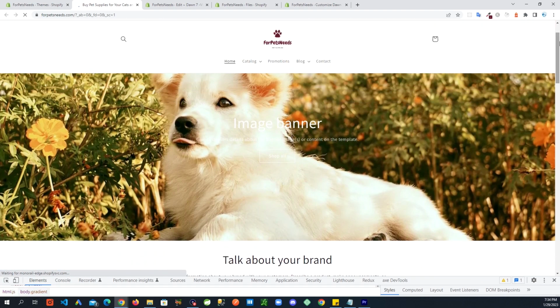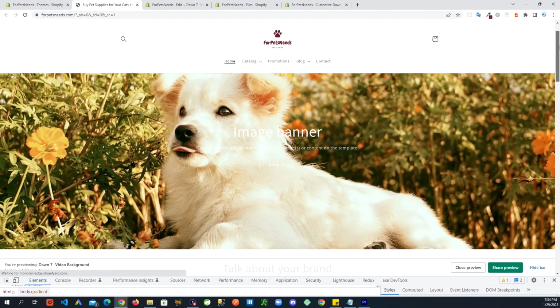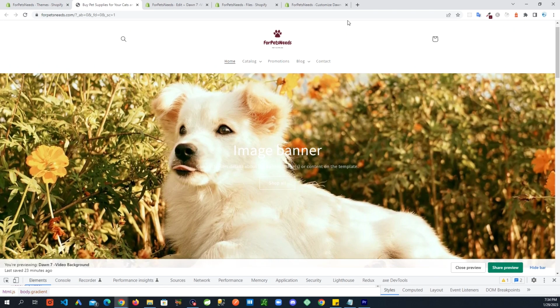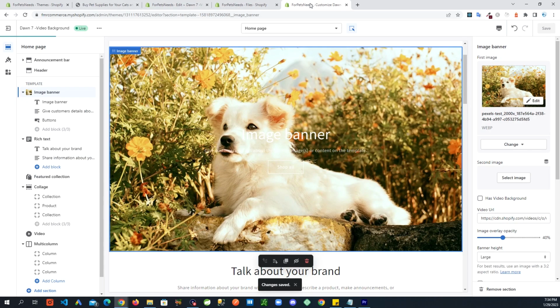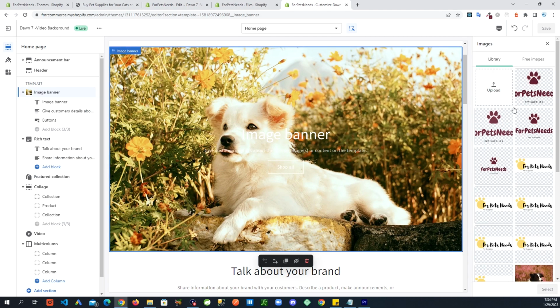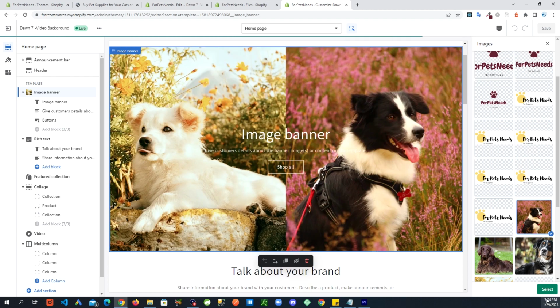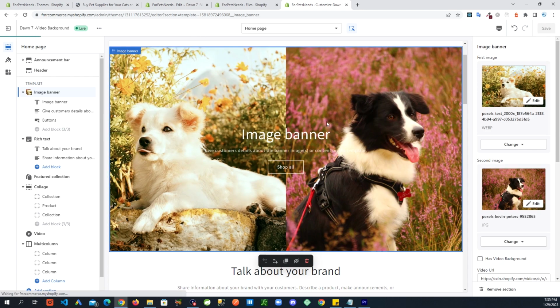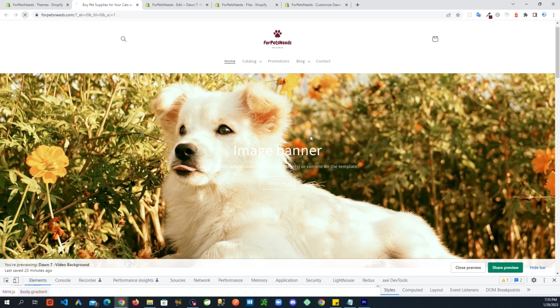So in different places you can use the video, but in other places where you want to use the default image functionality, you can still do that. It has the second image you can have in here also, the same way. So basically what I'm trying to tell you is that you still have the default functionality that should still be working. So refresh this,